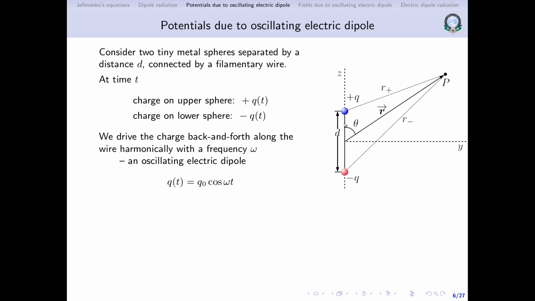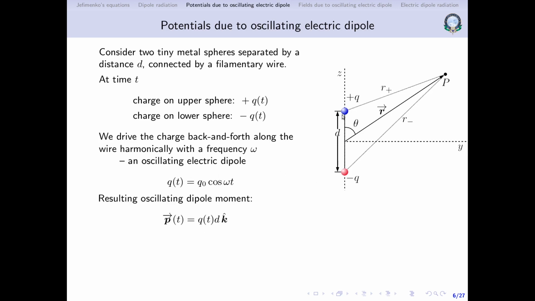Of course, another way to do that would be to have these two charged particles and connect them by a spring. The filamentary wire itself, let's say it's a spring, and then we give a small perturbation and it's going to oscillate. The result will be the same in both cases. But if you use the spring and sphere method, the problem would be that we also have to take into account the motion of the charged particles. So this problem is equivalent to that, and we will take the easy way out. We will assume that the charge is being driven between these two metallic spheres harmonically at a frequency omega. So omega is the frequency at which we are driving the charge between these two spheres.